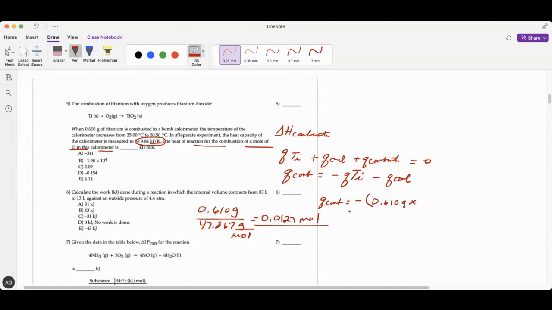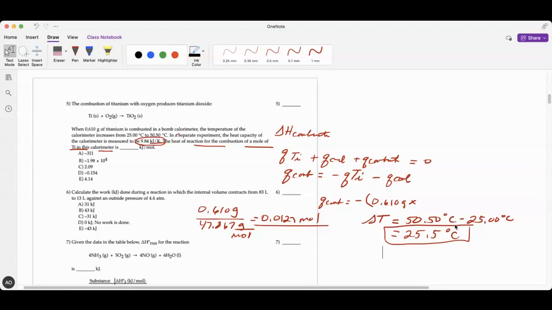0.0127 moles, and then delta T is going to be 50.50 degrees Celsius minus 25 degrees Celsius. That'd just be 25.5 degrees Celsius. Okay, so we have the delta T,